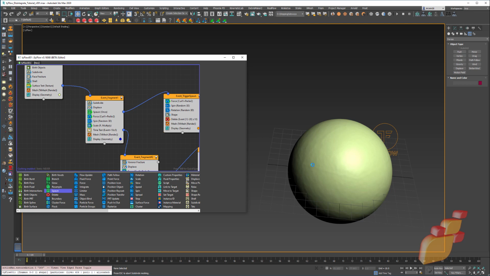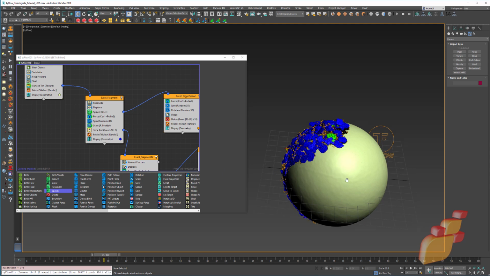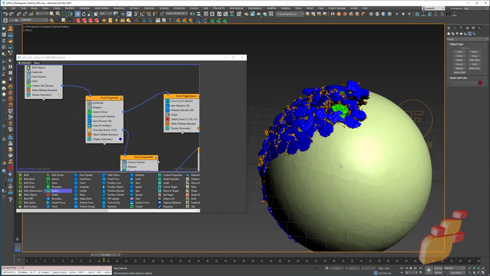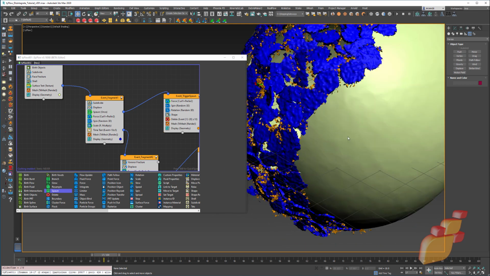Again, this only happens in the very beginning, and then in the event fragment 1. This will take a second, and here we go. All this text right now says it is adding the second subdivide to the event once they are blue, which triggers the